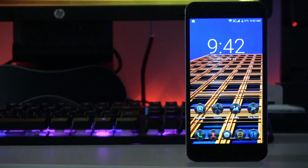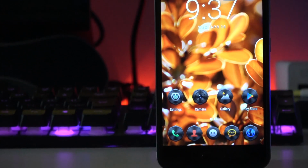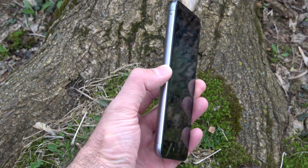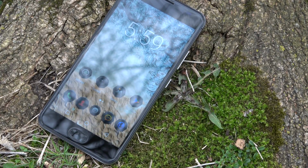The 5.5-inch IPS display that we have on this device, it's made by Sharp and has a resolution of 1080p. Now, the colors do look nice and vibrant, the viewing angles are great, so you can see the phone from any angle. However, the screen doesn't seem to get that bright, so whenever you go outside, well, it is a bit difficult to actually see the screen, not to mention the reflection and the glare that you're gonna get on